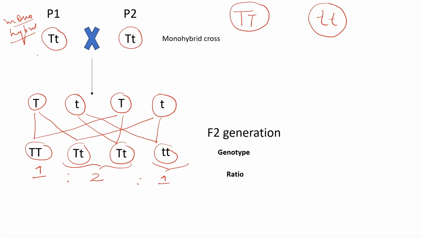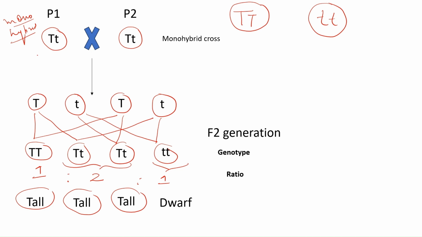Now, what is the phenotype for these genotypes? For capital T capital T, it is tall. For capital T small t, again tall, because we already learned in the law of dominance that only capital T gets expressed, and hence the result is a tall phenotype. Similarly, for this also tall, and here, because both recessive alleles are present, this plant is dwarf in nature. So this is the phenotype in the F2 generation. What is the ratio of this phenotype? We have 3 talls and 1 dwarf. So the ratio is